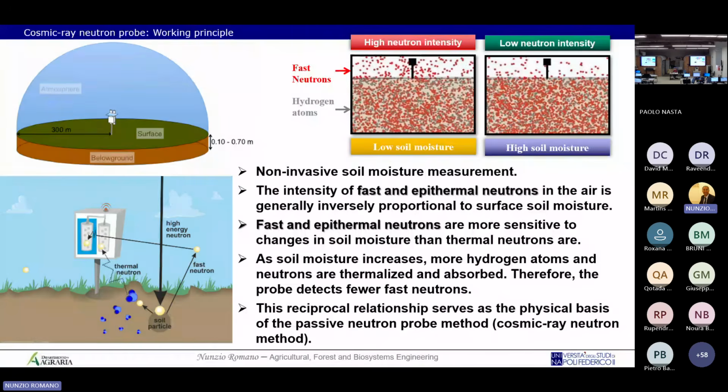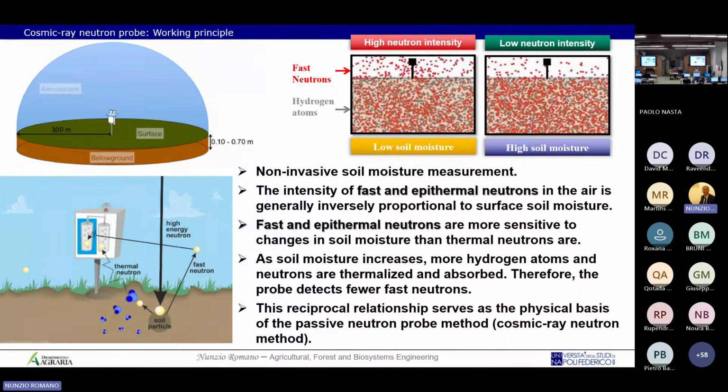Another very nice piece of information is that the fast and the epithermal neutrons are sensitive to change in soil moisture compared to the thermal neutrons. So all this information helps us to measure the average soil moisture in a range of